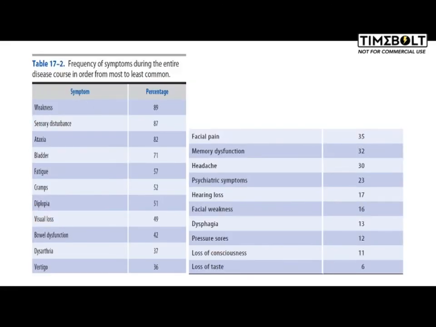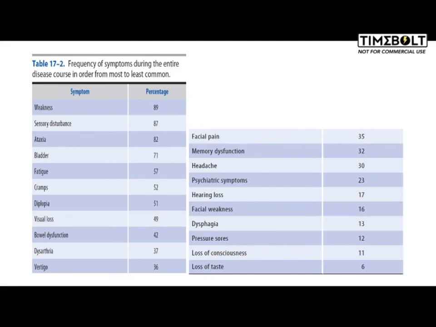Frequency of symptoms during the entire disease course. Weakness is present in 69% of cases. Sensory disturbance in 87, ataxia in 82, bladder disturbance in 71, fatigue in 57, cramps in 52, diplopia in 51, visual loss in 49, bowel dysfunction in 42,